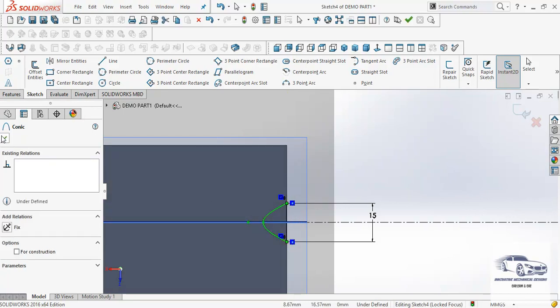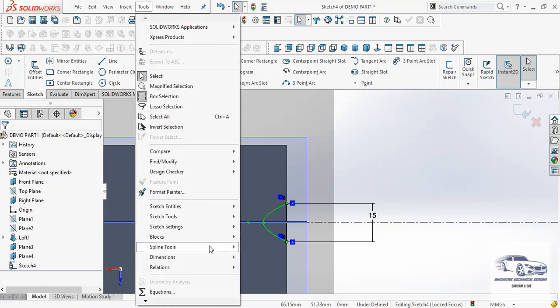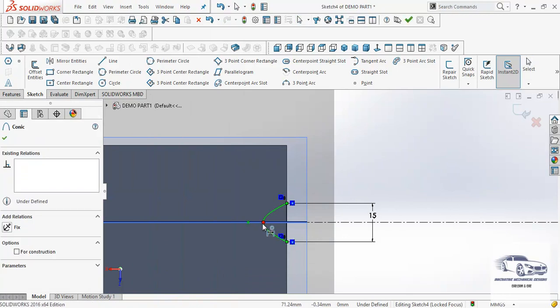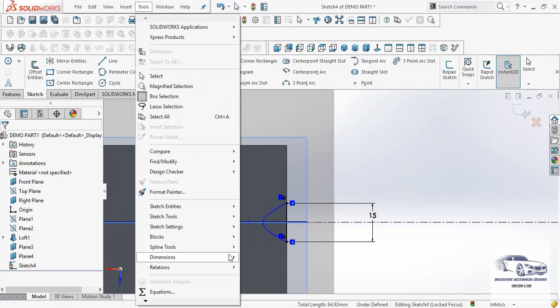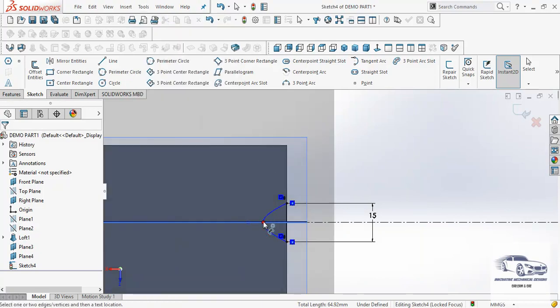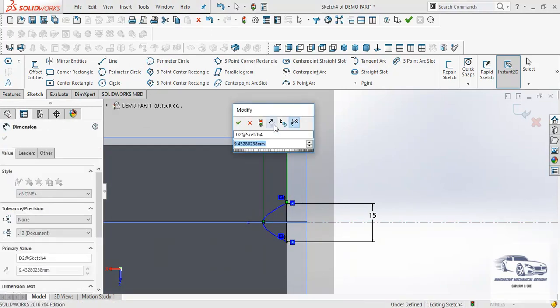Now here finally we have to mention the horizontal dimension of the peak point of the conic from the end point of one of the lines. So this is 15.